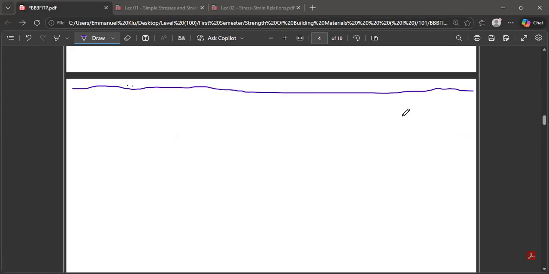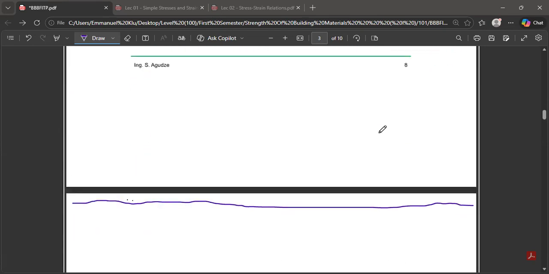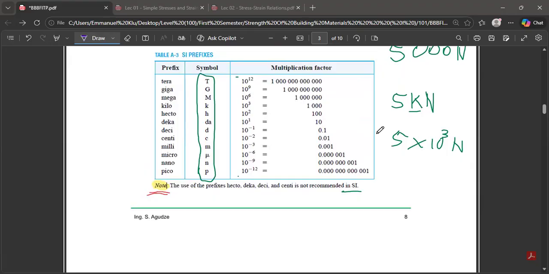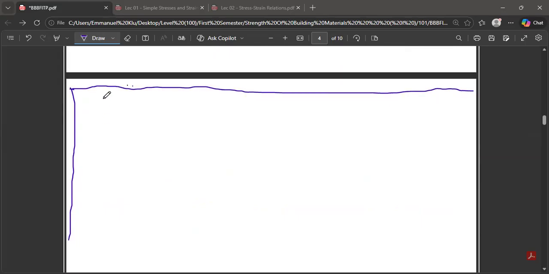Right, I'm William. Good evening. So you spoke about SI units. I don't know the full meaning of SI, but I just know SI units. You said that these are basic units that we use as engineers across the board, and that when you do your calculations, whatever figure you get, if you don't put the units at the end of the figure, marks will be deducted.